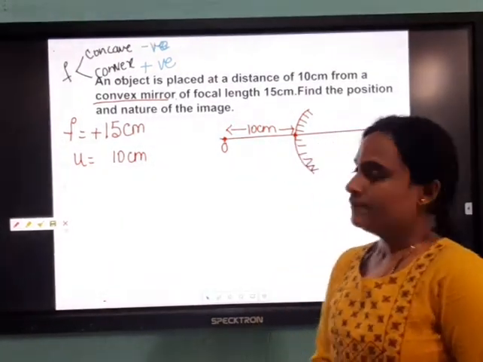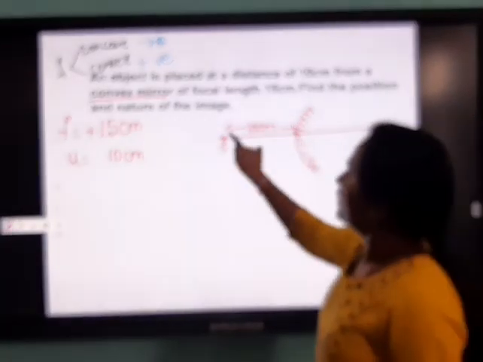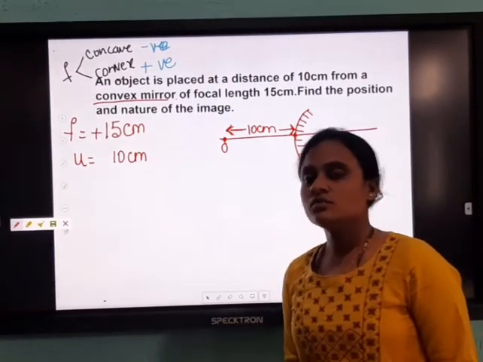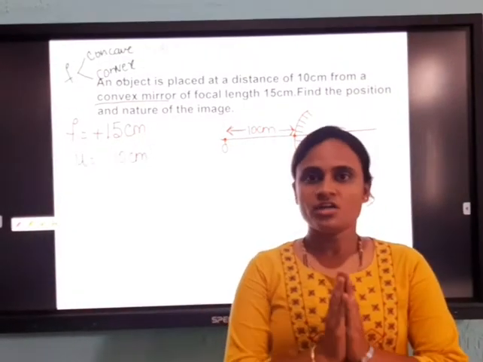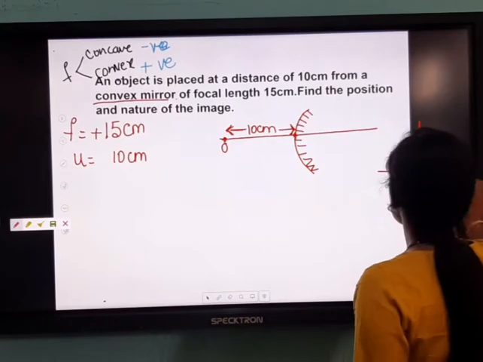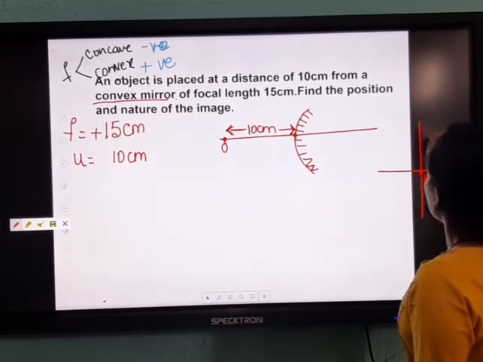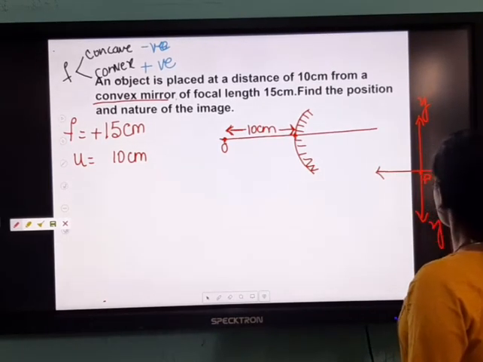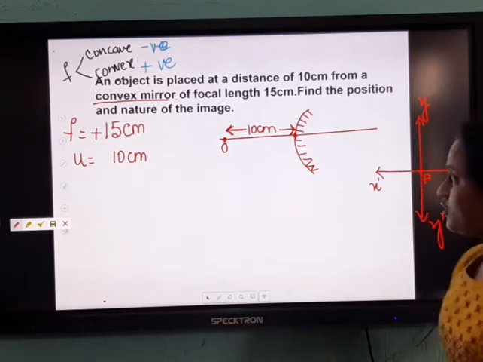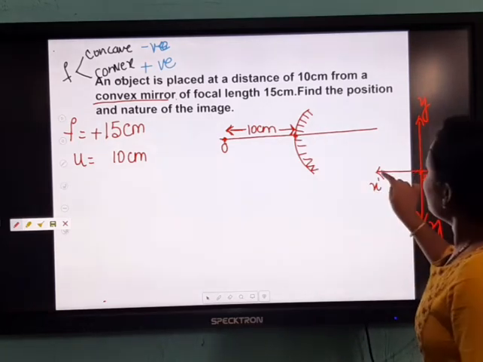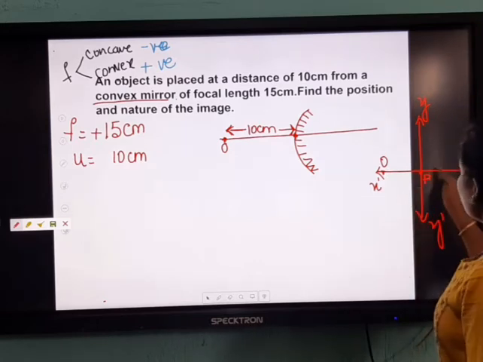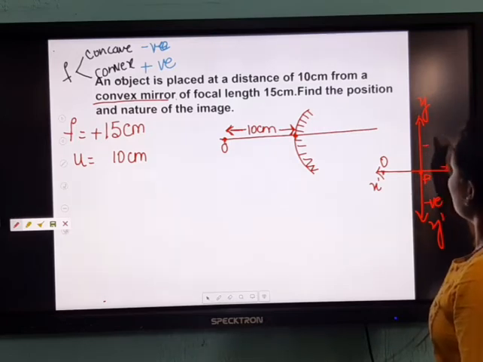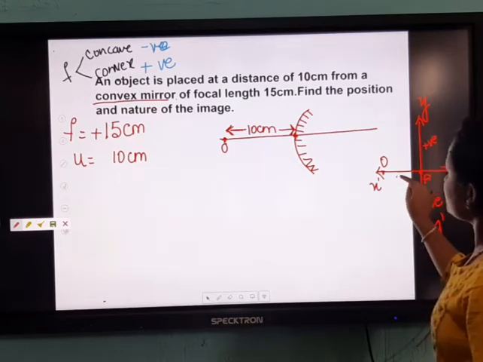Here also you should see which sign, whether it is positive or negative. How are you going to see this? Just with the ray diagram I will tell you. As I said, from here to here it is 10 centimeter. I had said you one rule, the coordinate system. This is P, the pole. This is the y axis and this is the x axis. This is y dash, this is x dash. And here is the object distance. If it is this side, it is positive. If it is towards the downward direction, it is negative. Towards this direction, it is positive.